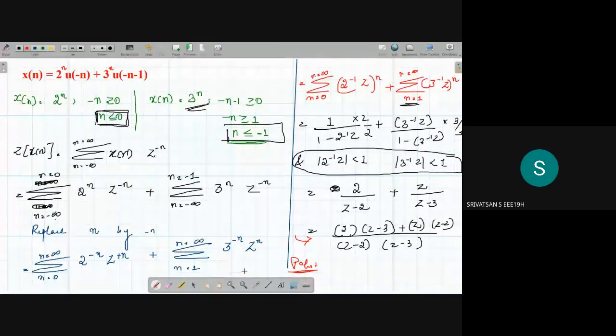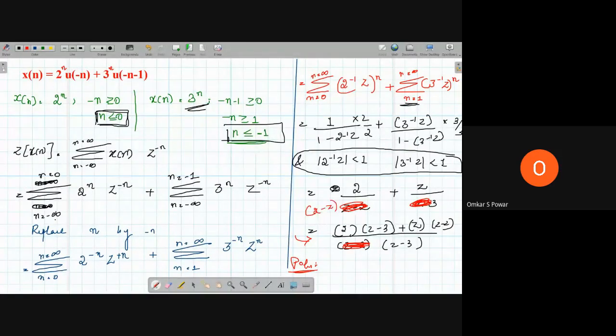Okay, I have made a mistake somewhere. It's 2 minus z, not z minus 2. Sorry. So I think here also it could be 3 minus z then. Sorry for that. Thank you. I'm hungry now, so everything I'll make wrong. Sorry for that.